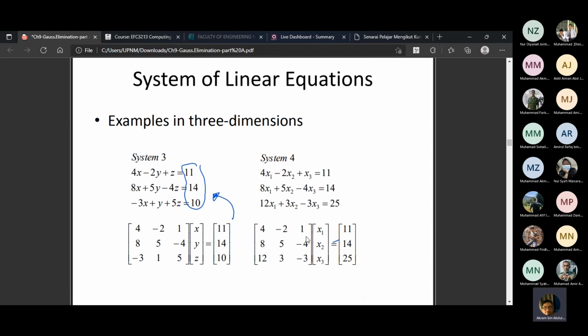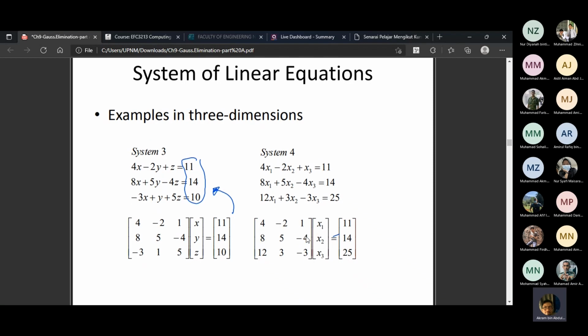Okay, itu kita lihat contoh kalau kita ada two equation. Let's say how to do it when we have 3-dimensional or 3 equation. So tengok kat sini. In this example,